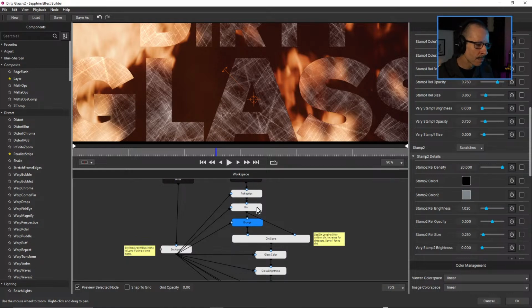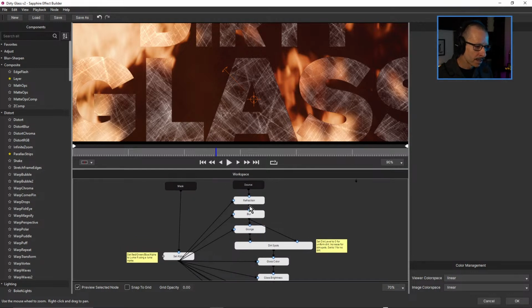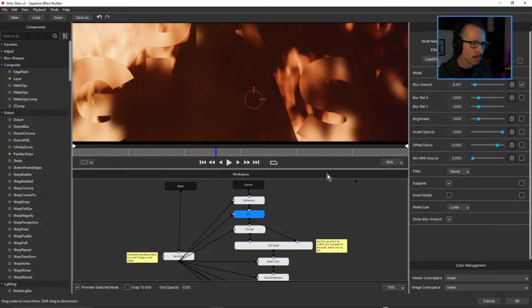Okay, so that was a mistake I made when I built this preset. I had it piped in from refraction, but I wanted everything up to blur. And now I can still see it quite blurry. See, that's good. That's really good. So if I turn off, actually no, I can't turn off previous selected node because then we'll see everything. If I just come back to blur and bring that back to 0,